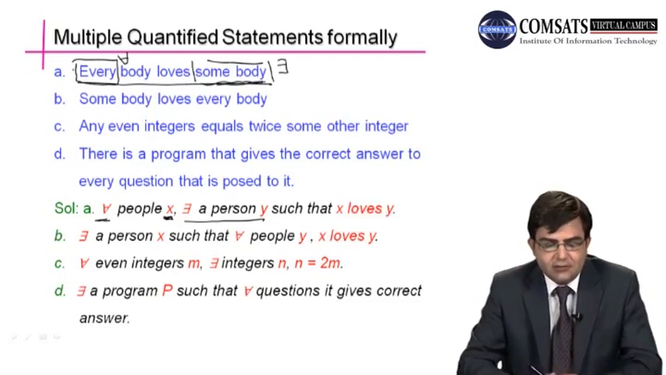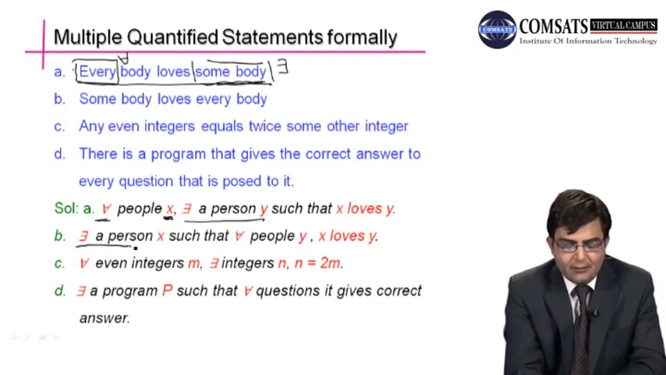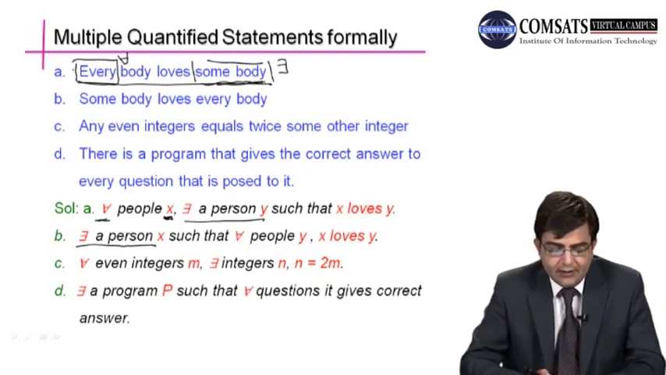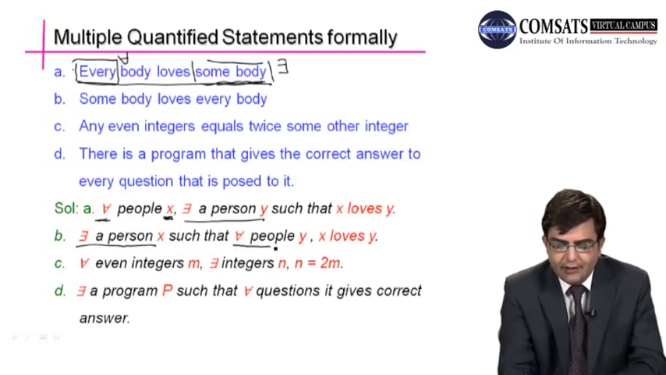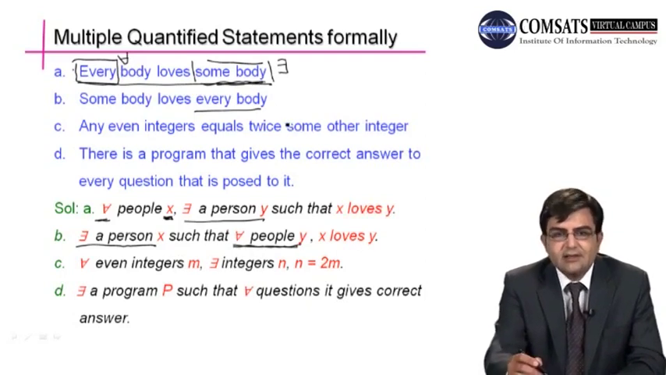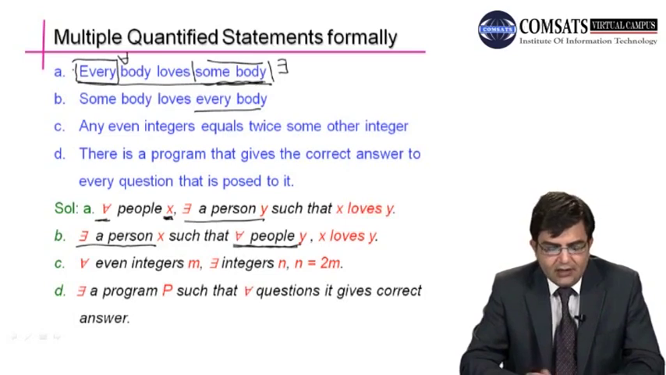Similarly, if we reverse this statement, somebody loves everybody, then the existential quantifier will come first. There exists a person x, since we have somebody here, such that for all people y. Here everybody comes at the last, so the universal quantifier comes here: for all people y, x loves y. So we have translated the second statement into logical form. Another example,